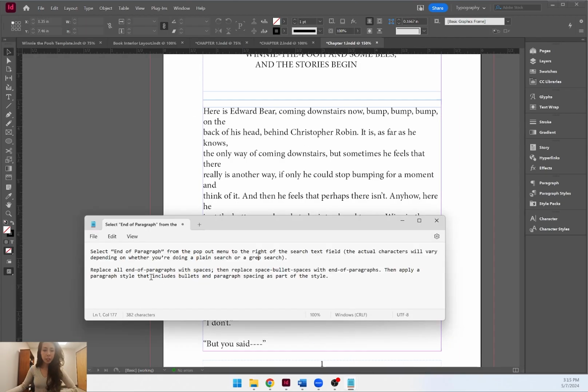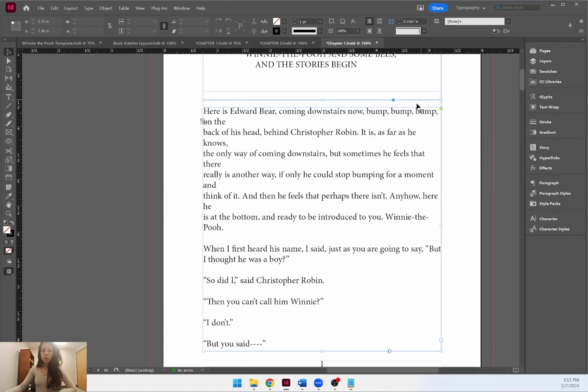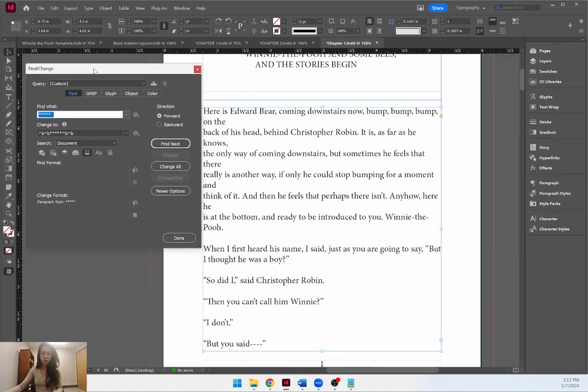Okay, I have that written out for us, so I want you to follow this just so that you can make sure that that is taken care of on each page. So I'll let you screenshot that or pause on here, but I'm going to walk you through how to do that too. So what we need to do is do a find change. To get that menu pulled up, we're going to press Control F to pull up this find change menu. And there's a few things that we need to set up. So the first thing is we want to make sure that we get rid of all of these